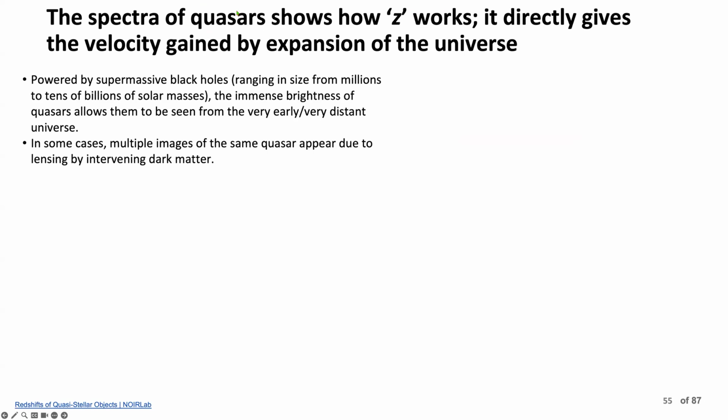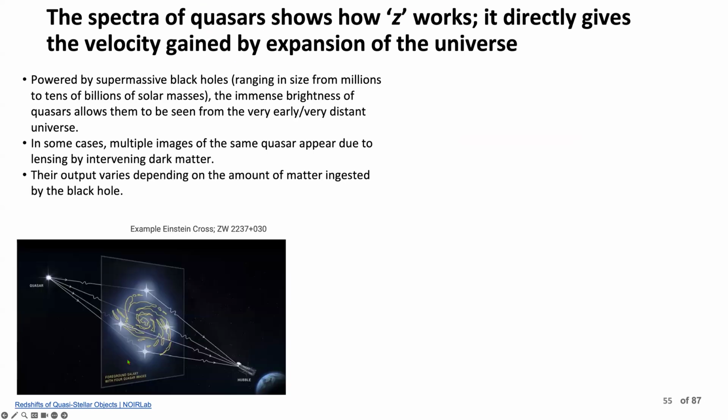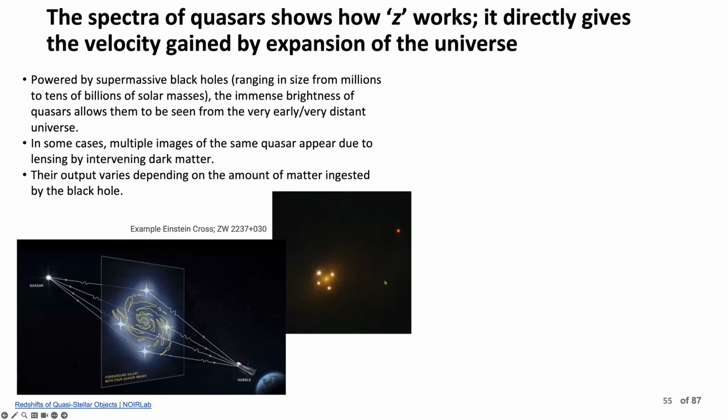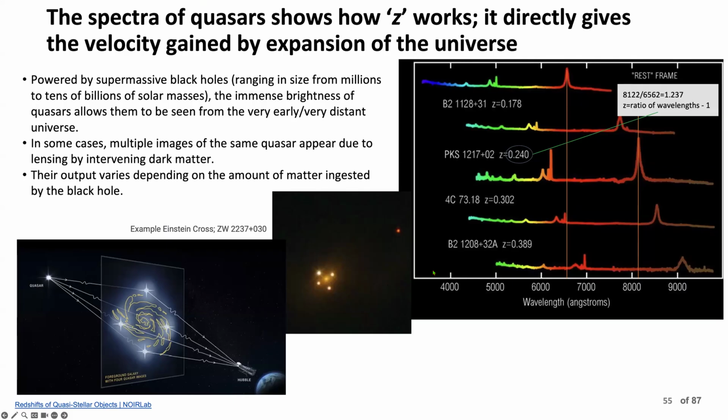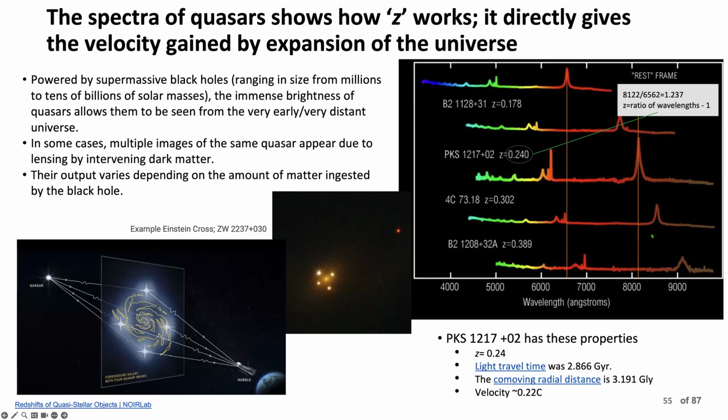So quasars, I've already described what a quasar is. Here's that drawing I showed you before, the so-called Einstein cross. There it is. And here's how the redshift of a distant galaxy or quasar is characterized. There's the redshift Z equal to 0.178, and we see that's a structure associated with hydrogen. At the higher Z, we see more shift and so forth. And now, just as an example,